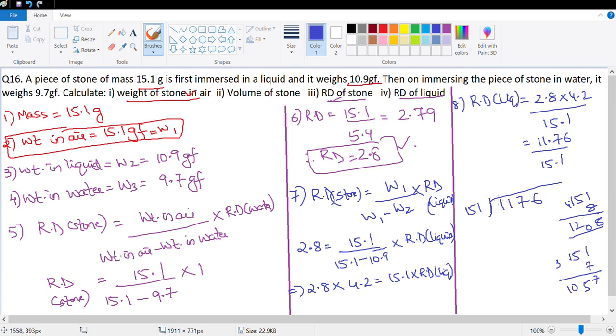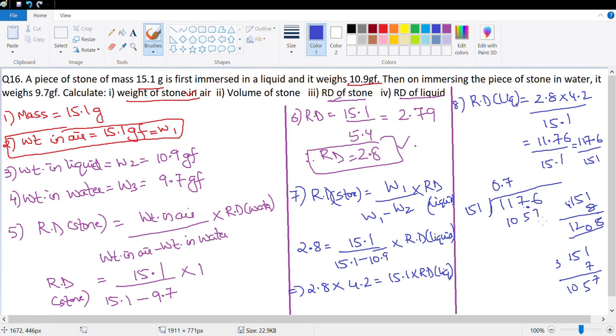So that's 0. Yeah, 0 point, because this is 11.76, rather 117.6 because we've removed the decimal. Let me just write it here so that it is clear. I can write this as 117.6 upon 151. Correct. So that's 0.7, and this is